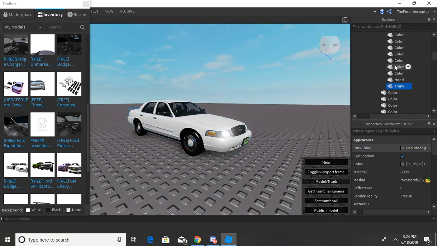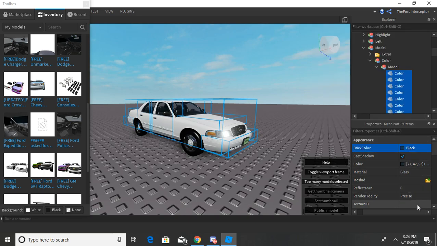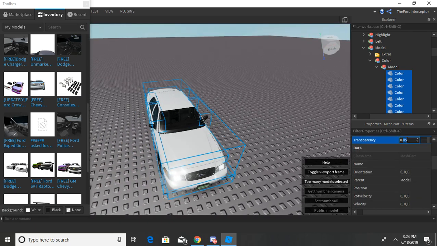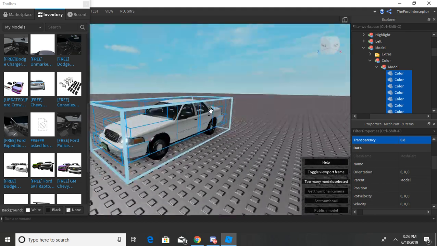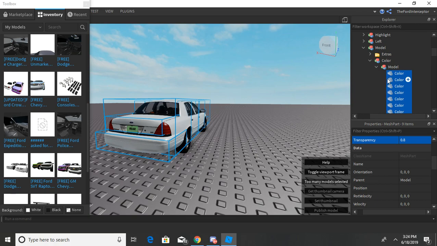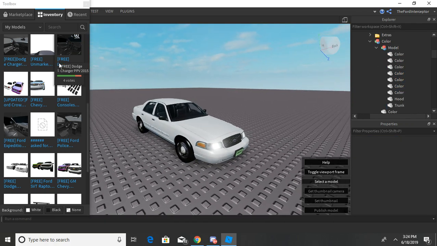But if you were to take this and change this to, like, let's say black, then you'll see there's less glow. And if you still see that there's significant glow, you just make it 0.8. You'll see that there's less and less glow to the vehicle. But you know what? We'll keep the vehicle white because why not? So